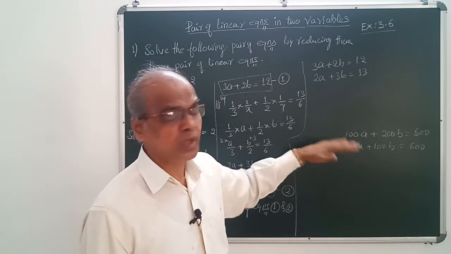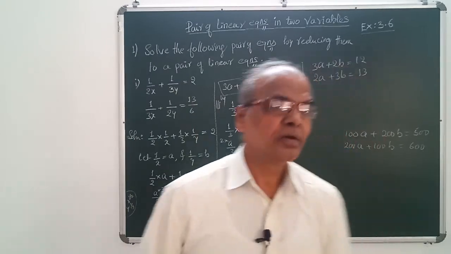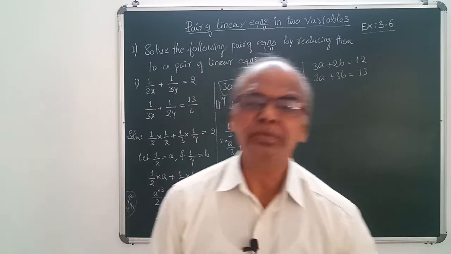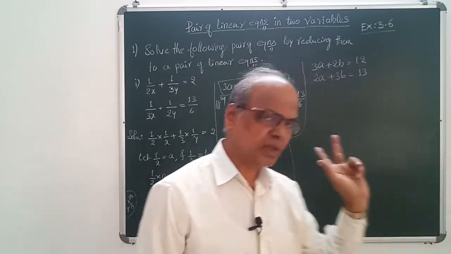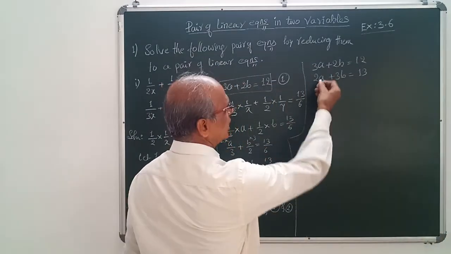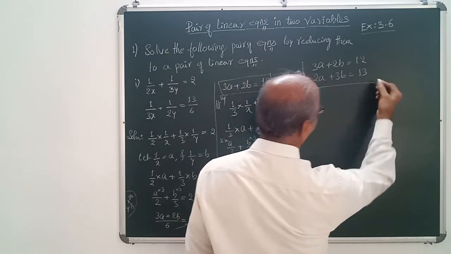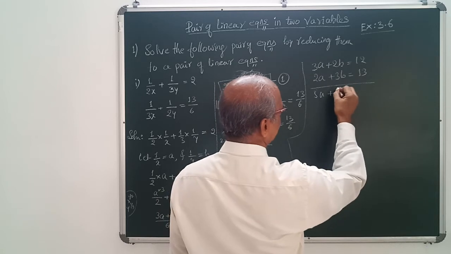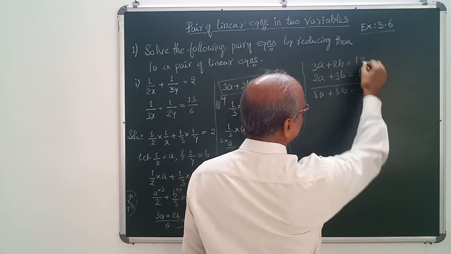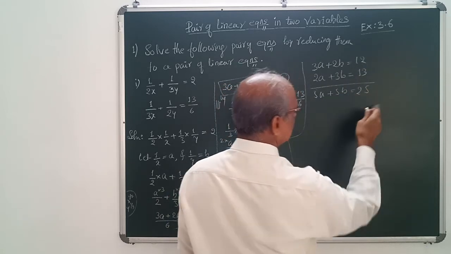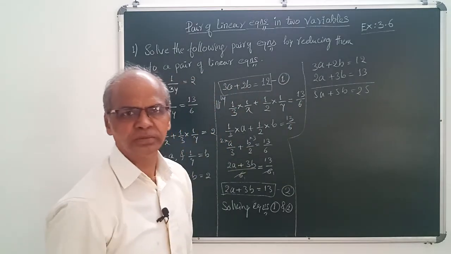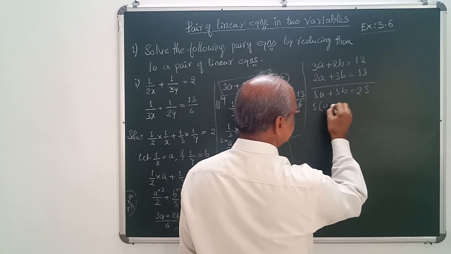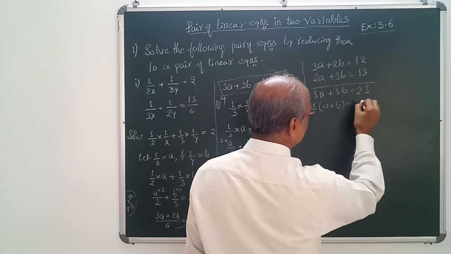In such cases you can go in for the second method, for which fortunately I got this equation in this form. So I am giving you the other method to understand. What I will do here is just add them first. That is 5a, 3 plus 2, plus 5b, 3 plus 2, 5, 2. See here, 5 can be taken out common. This becomes a plus b, which is equal to 25.